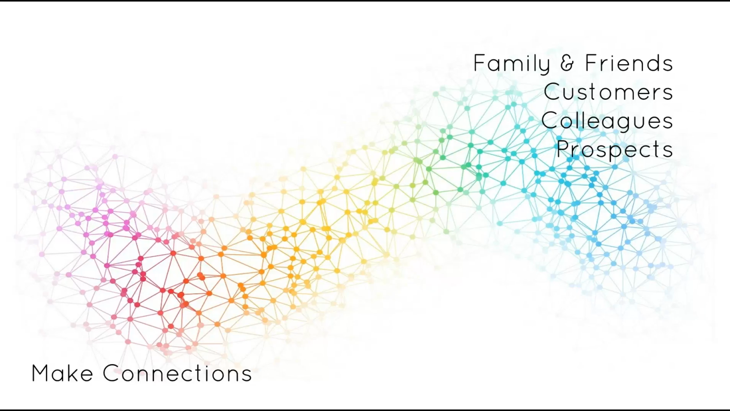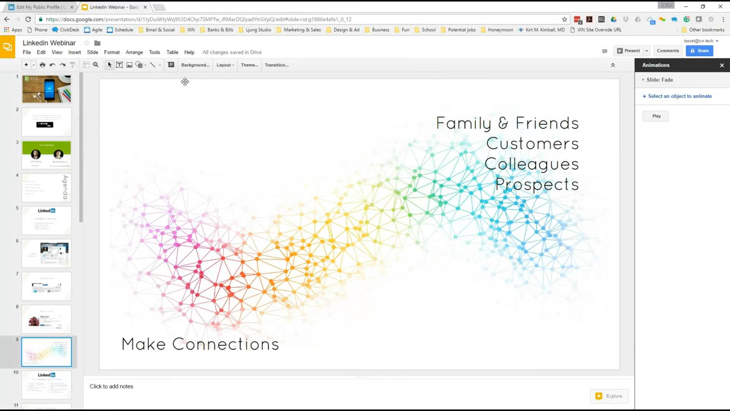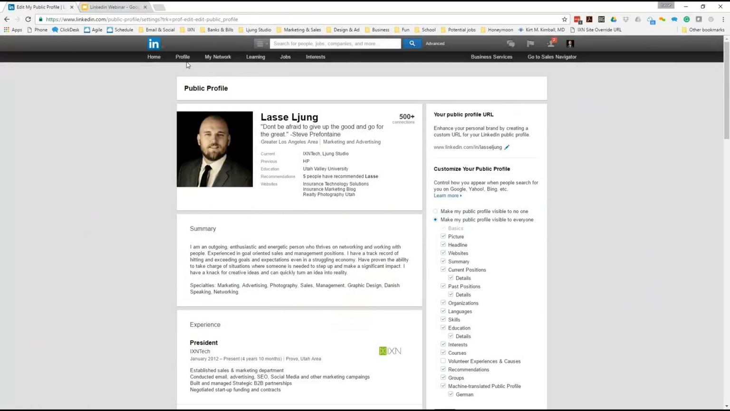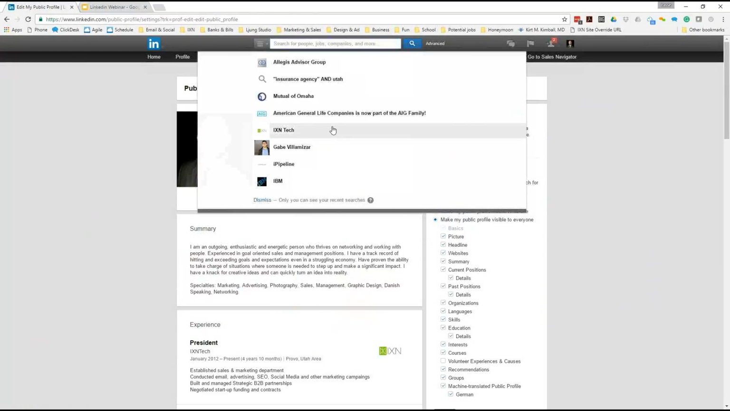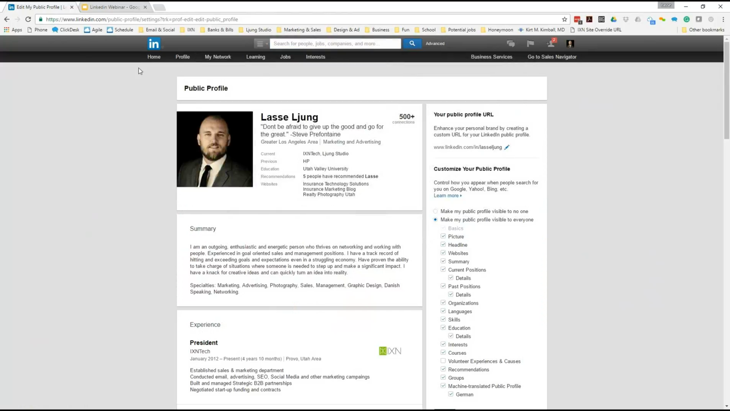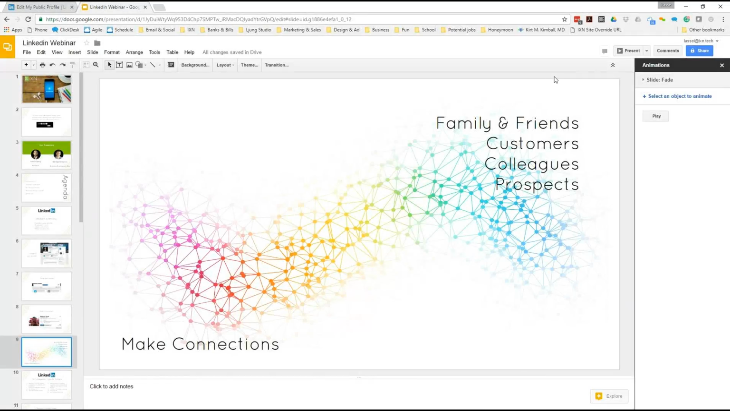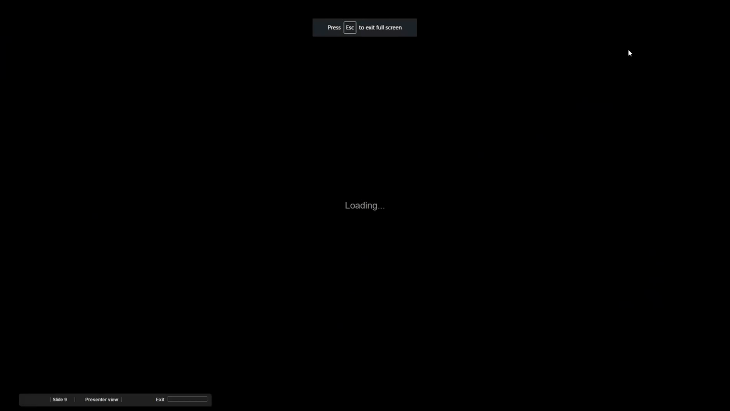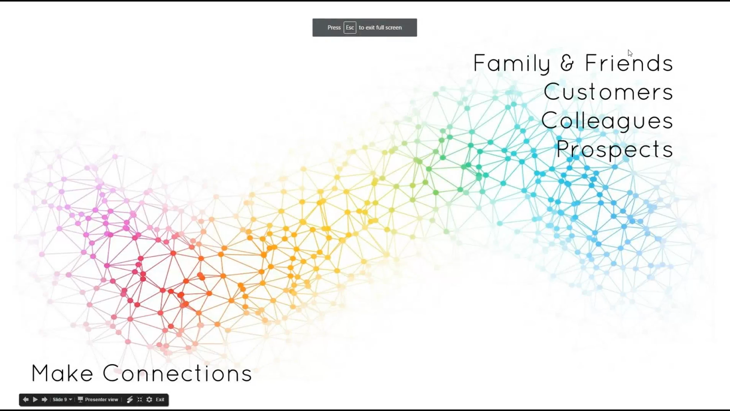And then last but not least, most importantly probably, is your prospects. We'll talk a little bit about how to connect with prospects, how to find prospects once we get into the meat, the 10 tips here. There's great search functionality. There's a lot of features here. And with LinkedIn, the reason why connecting with a lot of people is important is because when you are searching,